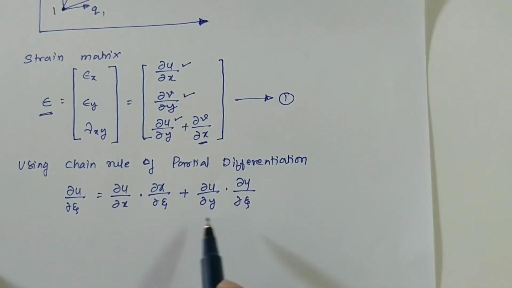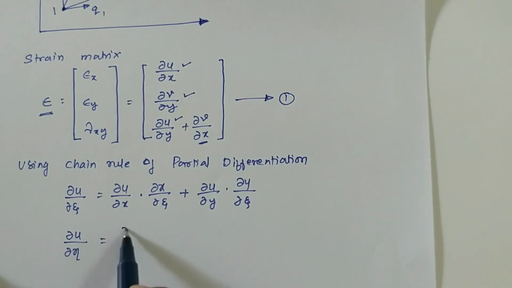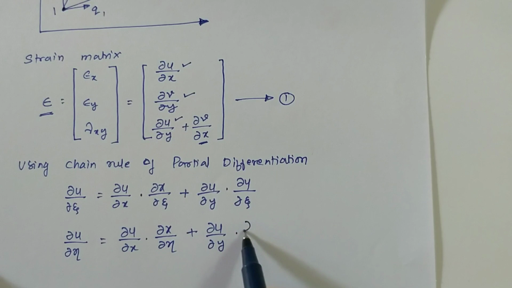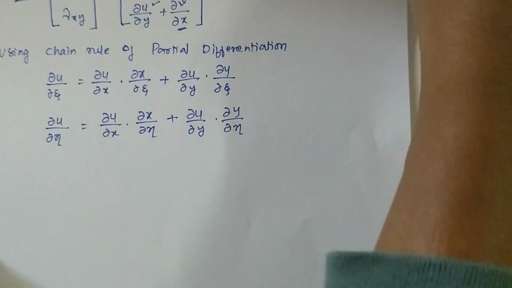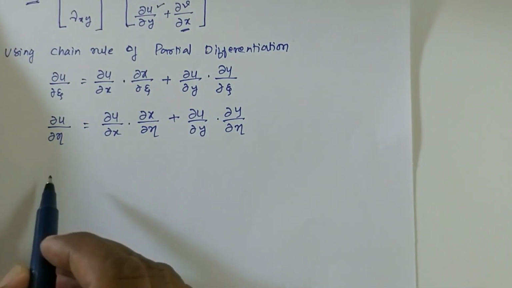This is with respect to zeta coordinate axis, and dou u by dou eta can be written as dou u by dou x into dou x by dou eta plus dou u by dou y into dou y by dou eta. Now we can represent these equations in terms of matrix like this: